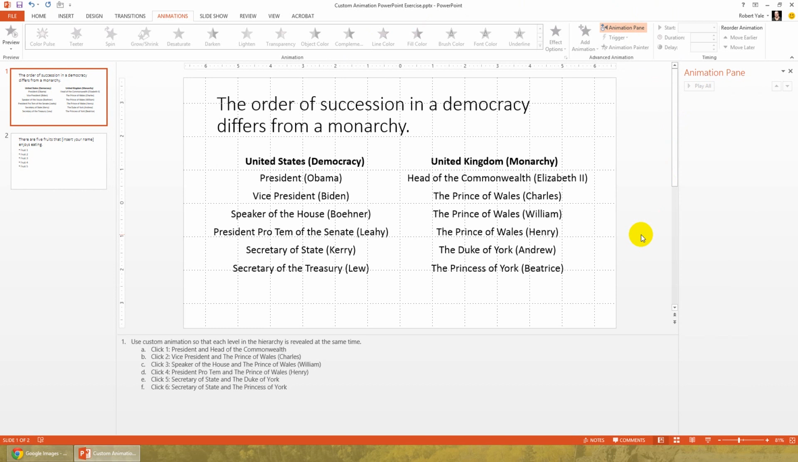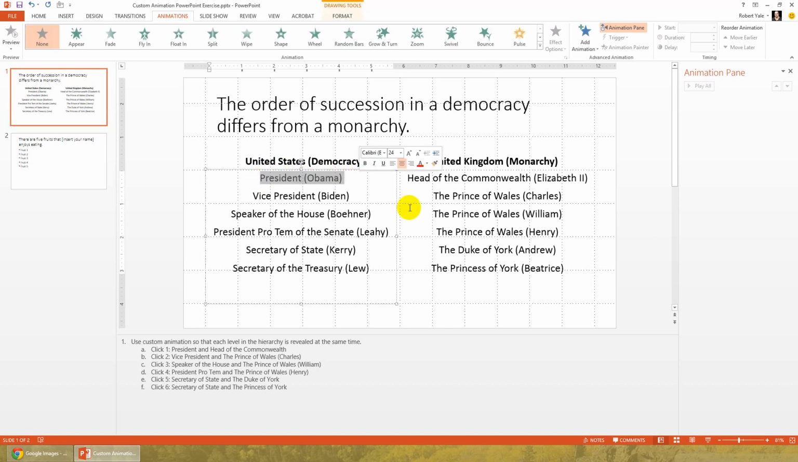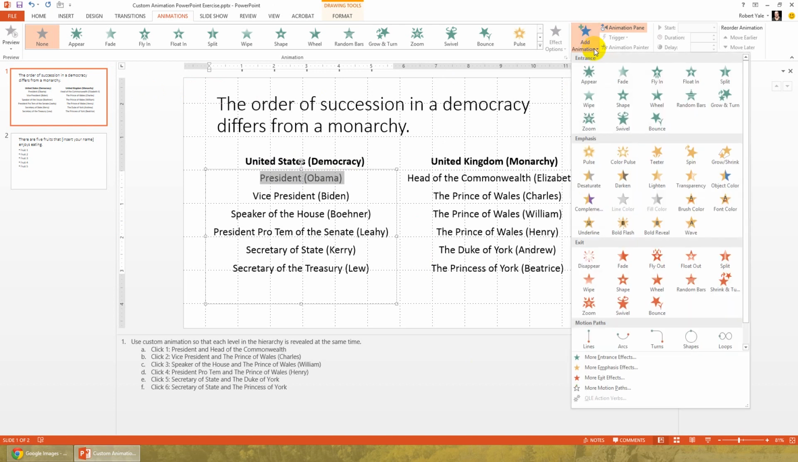So let's start, and we will animate the top of the order of succession first, which means we'll animate President Obama and the head of the Commonwealth, Elizabeth II. So we'll start by selecting the text President Obama, and we want to add an animation. There are a couple of ways that you can do this. The way that I like to do it is grabbing the Add Animation button here, and then you have a